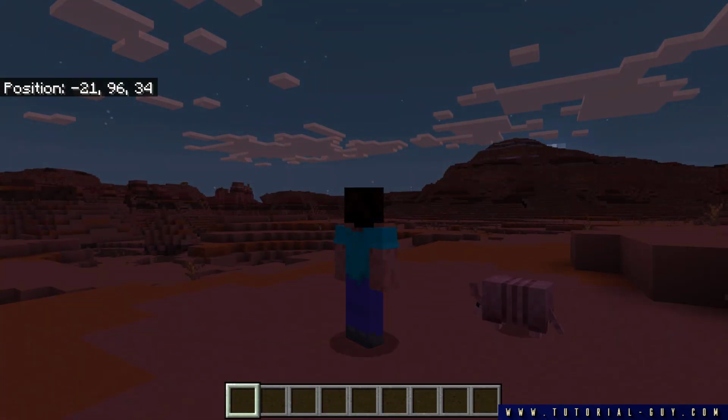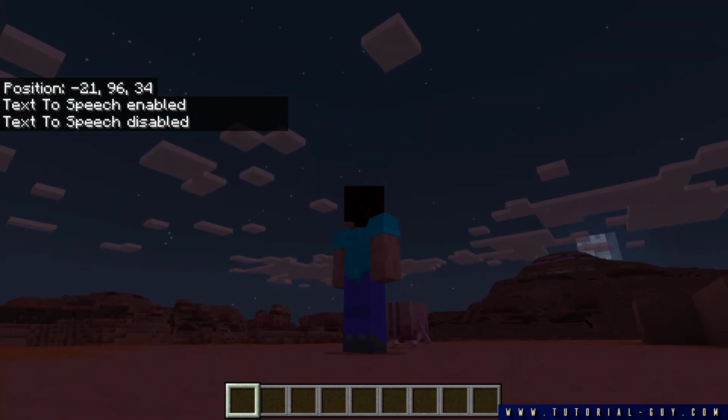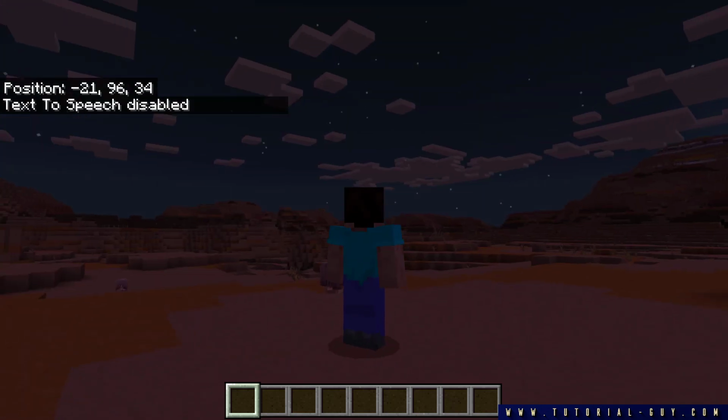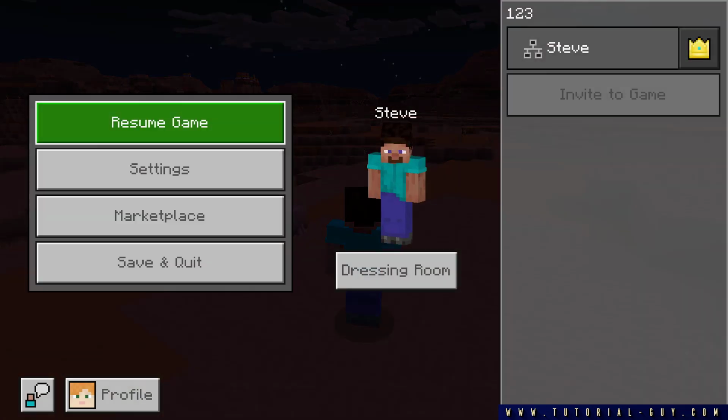Here in the Bedrock Edition I can also use the shortcut Ctrl B to switch text-to-speech on or off. Text-to-speech enabled. In contrast to the Java Edition, I only have the mode for on and off here with the shortcut. If for some reason this does not work for you, we can go to the settings as well,